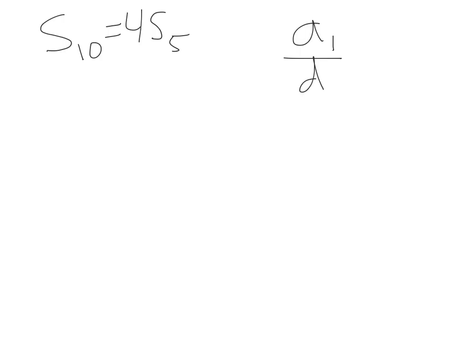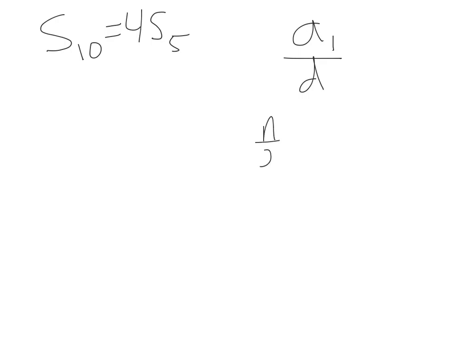So the initial problem we had to solve told us that the sum of the first 10 terms in an arithmetic series was the same as 4 times the sum of the first 5 terms in the arithmetic series. And they want us to use that information to find the ratio of the first term divided by the common difference. So if we remember that the sum of an arithmetic series is the same as